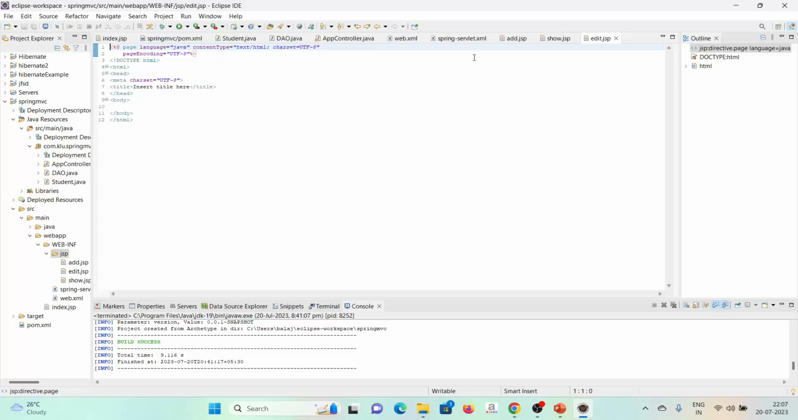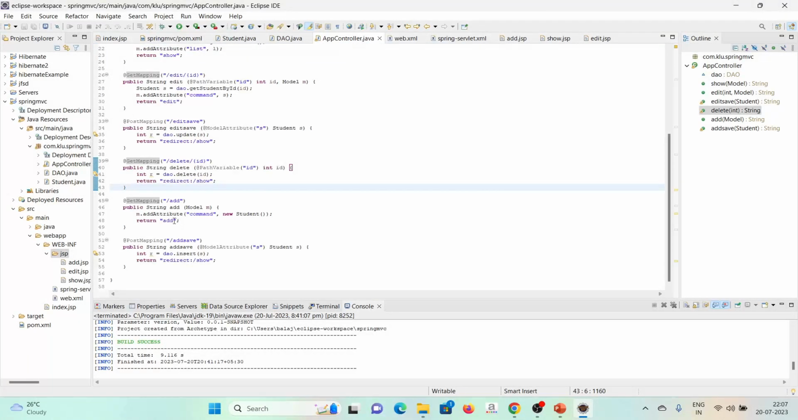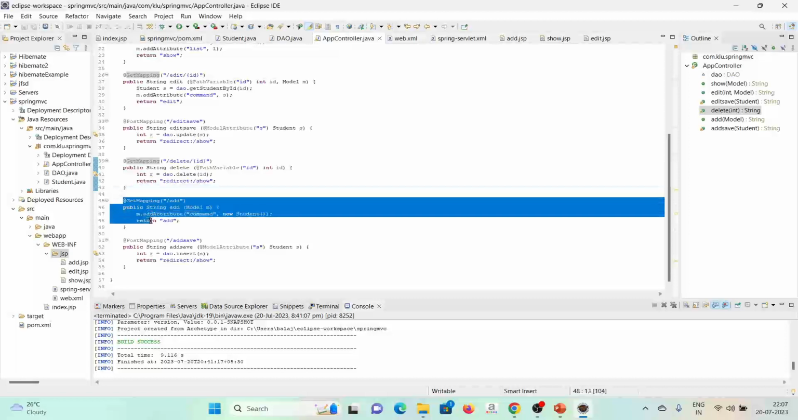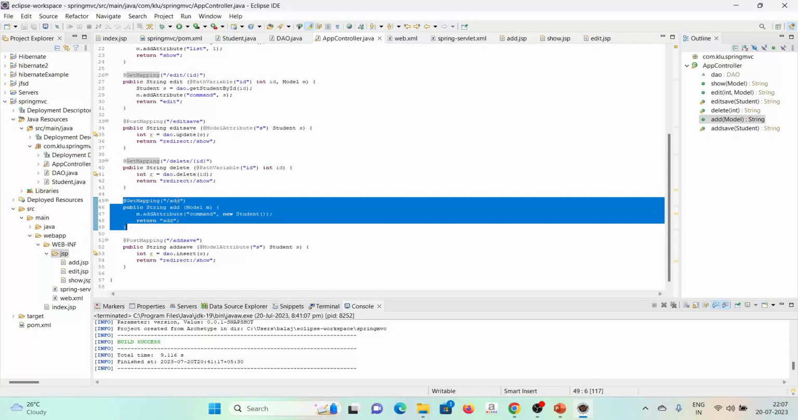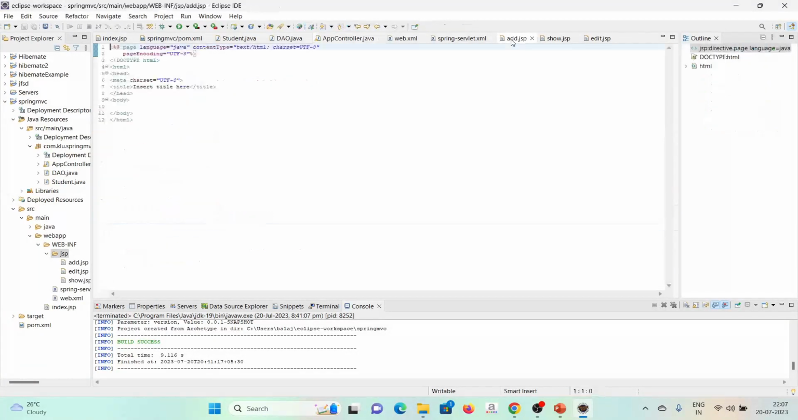Okay, now let me start with add.jsp. When this add.jsp is called from your controller, you can see here I am calling add.jsp when /add occurs in the browser URL. What it is getting as a parameter is an empty form, that means the empty student. So I have to use it to make a form for the empty student. Okay, so in the add.jsp I will be making this in a single line first,